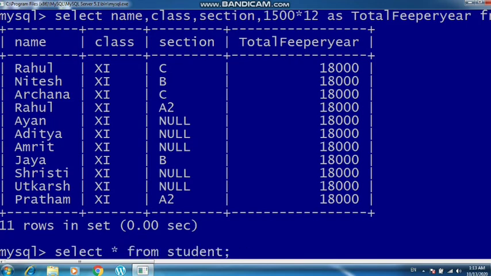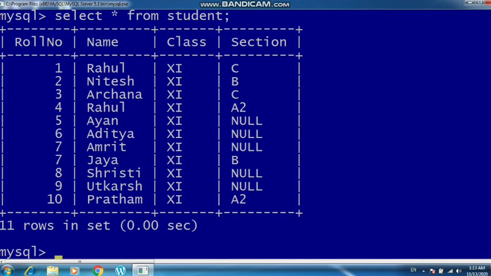Alright. Now students, let us do one more thing. I want to work with the null value which is inserted already in the section. So yesterday and day before yesterday we have inserted a null value in the section column of a few students. So now suppose after entering the value I got the information the very next day that these students will be in section C. So I want to change these null values, or you can say I want to update these null values to section C.